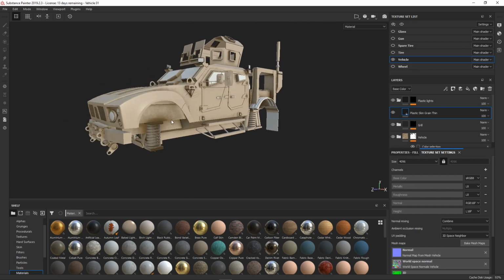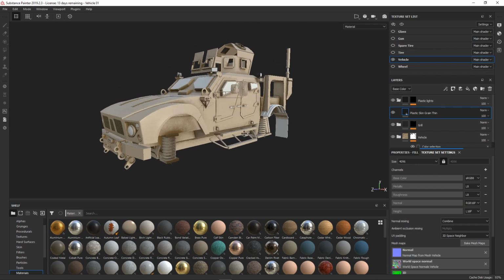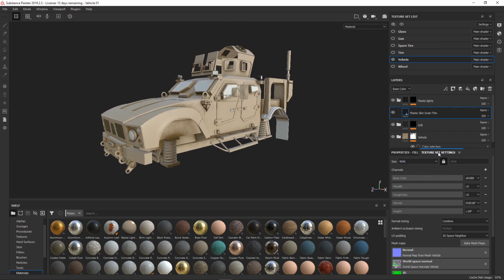We're doing this in kind of a strange way, bringing in one wheel here, and it's making this area look a little different. So how do we adjust that? How do we fix that? Well, it's in the texture bake process that this happens. So let's go back over here to the texture set settings, click on the bake mesh